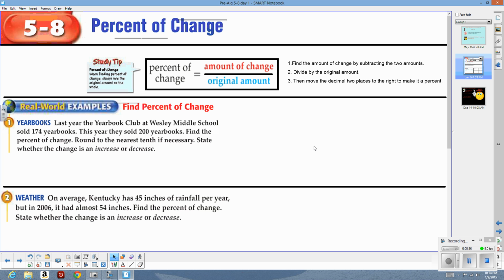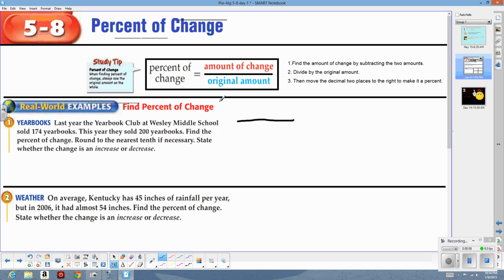Example 1 says last year the yearbook club at Wesley Middle School sold 174 yearbooks. This year they sold 200 yearbooks. Find the percent of change, round to the nearest tenth if necessary, and then state whether the change is an increase or decrease. So the first thing that we're going to do is figure out the amount of change. You find the amount of change by subtracting the two amounts,